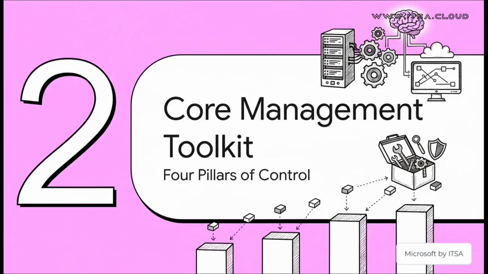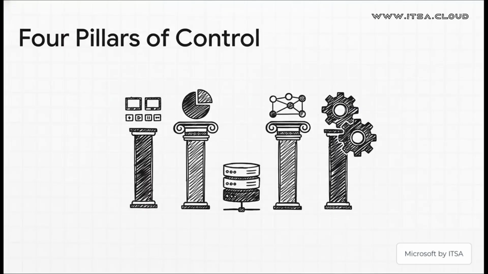But what do you actually do in there day in and day out? Well, that brings us to your core toolkit, which we can really break down into 4 essential pillars of control. This slide, honestly, simplifies everything you need to know. It all comes down to these 4 things: managing the virtual machines themselves, allocating the resources like CPU and memory, setting up all their networking, and configuring the host server they all live on. If you can master these 4 areas, you've pretty much mastered Hyper-V.